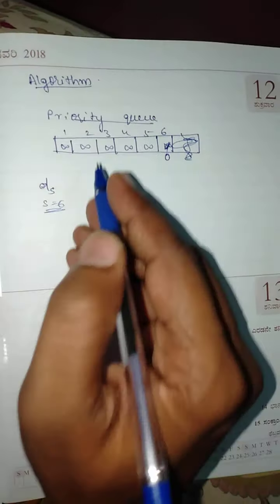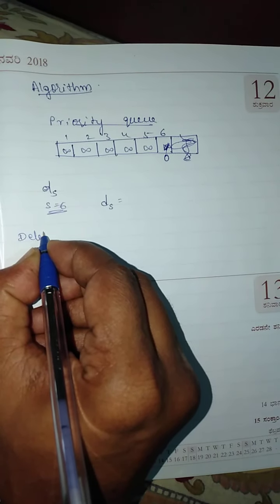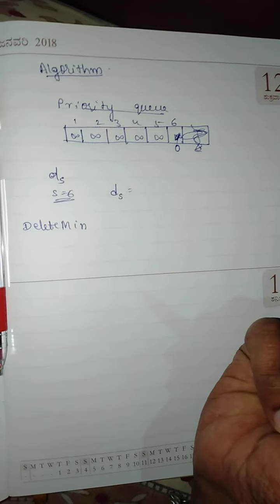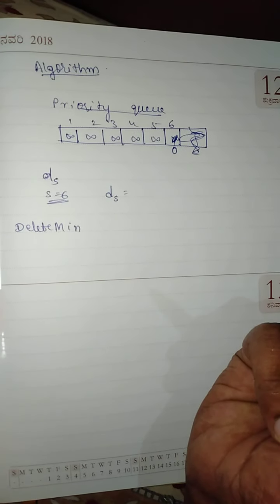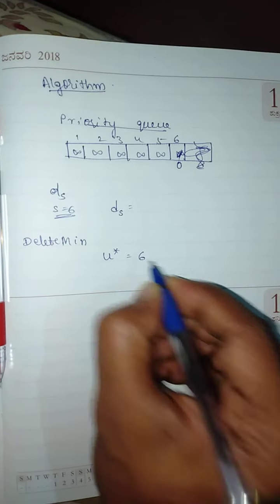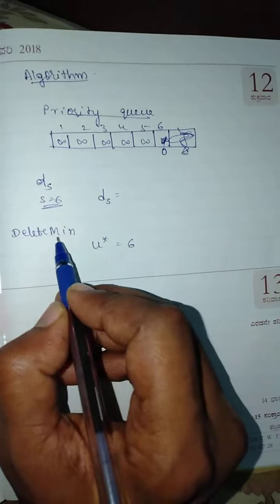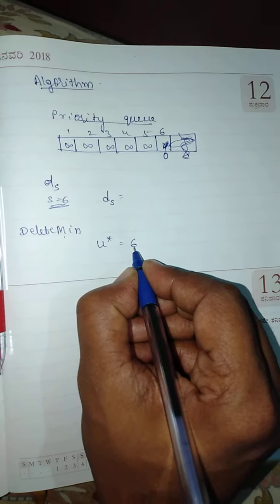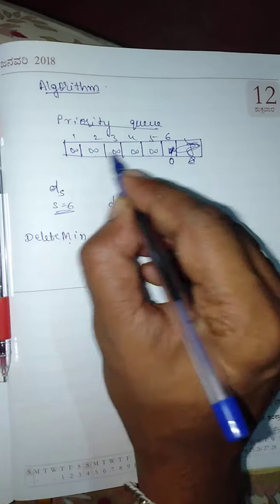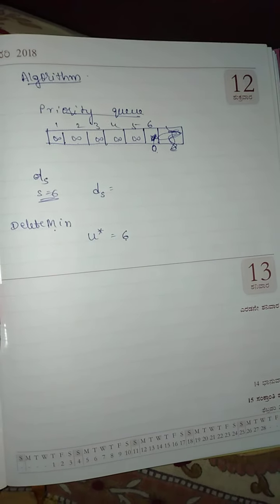The thing is, from the priority queue you delete the minimum element, apply the delete min operation for this priority queue. So what is returned? You will be returned the 6, because that is having the minimum priority, and the delete min operation will result in 6. This is the element which is having the minimum priority, because infinity is a higher priority, and 0 is the minimum priority. Okay,